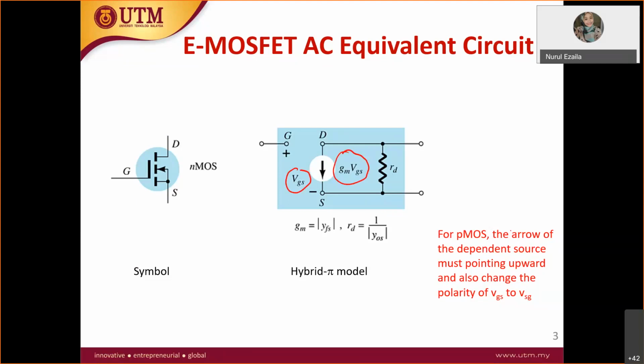Okay. In BJT also, you have R0. If you still remember R0, but usually R0 is ignored because usually VA is too high, equal to infinity, then R0 is ignored. Okay. In here, you have RD. Same case, sometimes RD is ignored. Okay. All right. So for the GM, the same GM. You need to find the GM and also